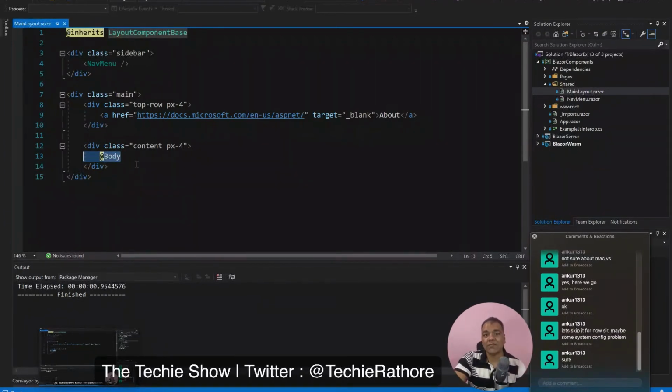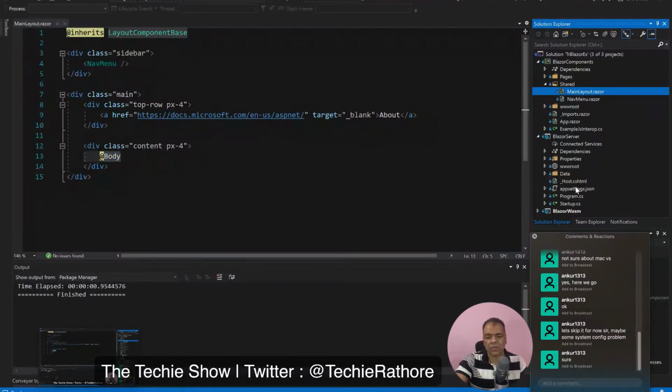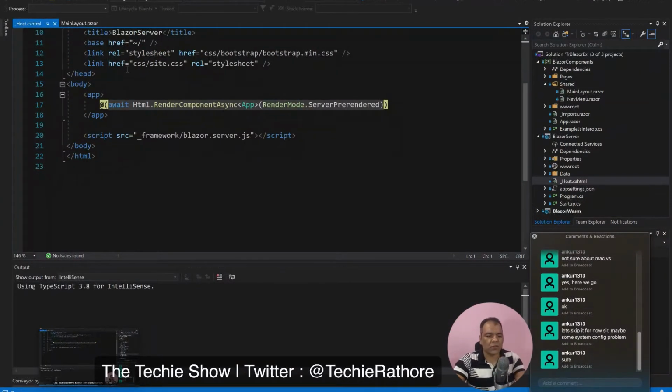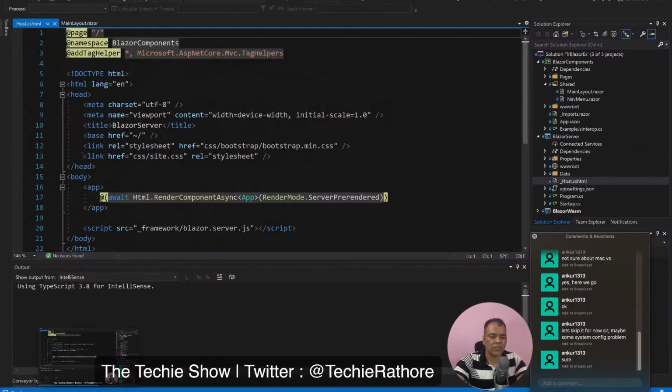And you will ask where is the whole HTML? So the whole HTML, when we talk about Blazor Server, is available in this _Host.cshtml, okay. In _Host.cshtml you can see here the whole code is there.